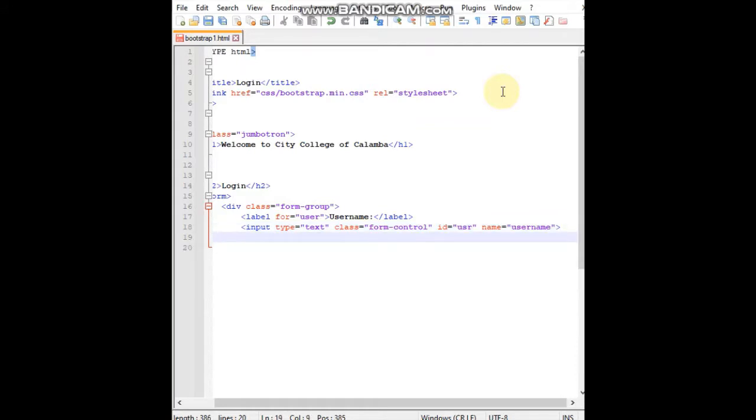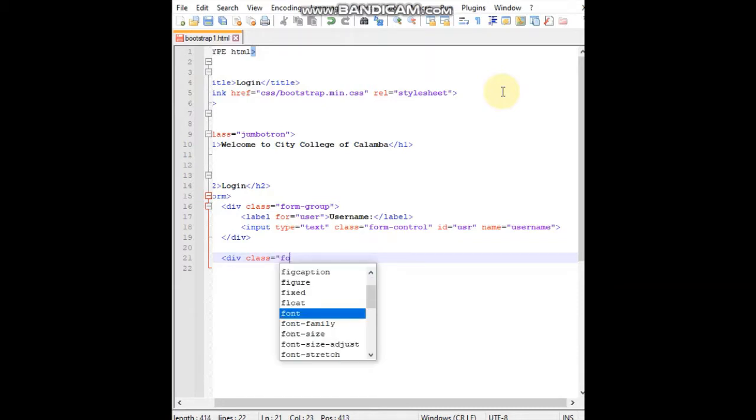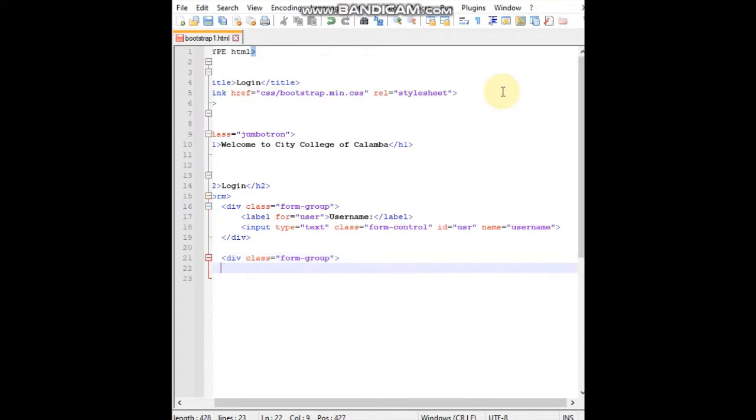And then, we will close our division tag because that actually completes our input for the username. And then, we will create another div tag. In this case, for the second div tag, gagamitin pa rin natin ito for form-group. Group pa rin natin siya para naman dun sa password. So, create tayo ng label, just like the one that we did in our text field. Okay, so after the label,